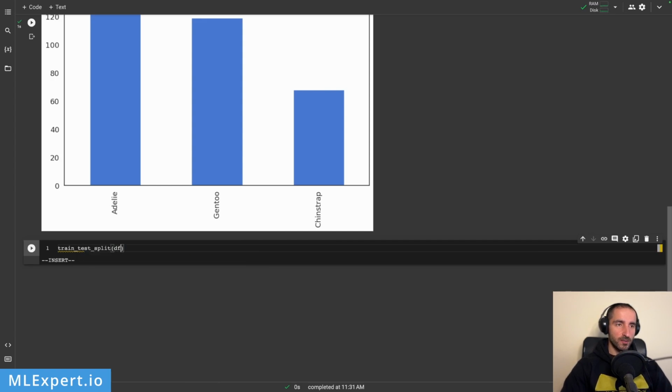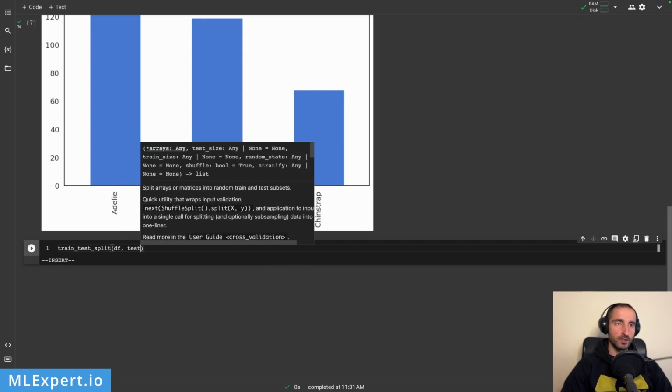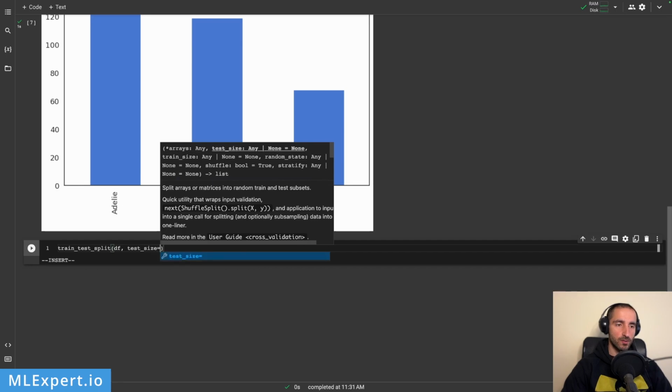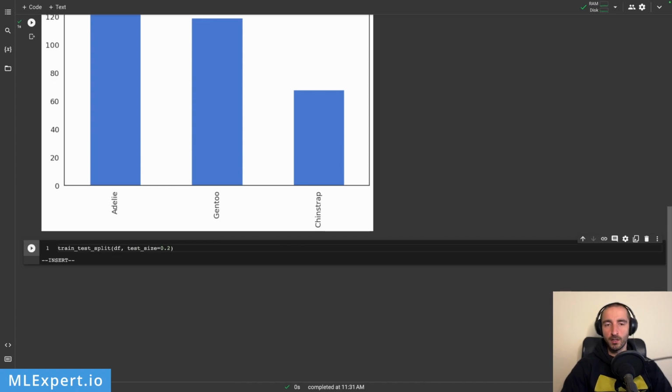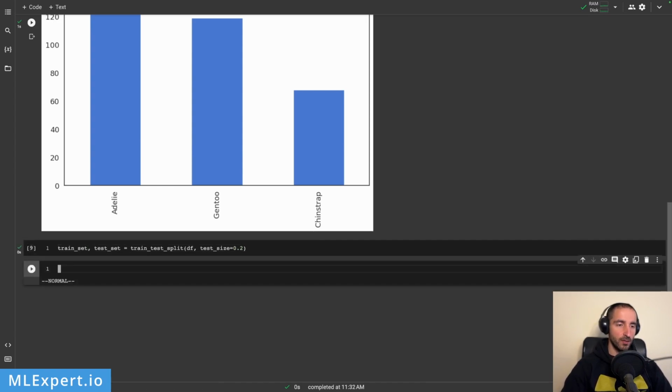And the first parameter is going to be the data frame itself. And then I'm going to specify a parameter called test_size, which is going to be just 20% for the test size. This is pretty much standard, but you might write different values for different datasets that you have. And here I'm going to take a train set and a test set as a result. So these are pretty much again data frames, and I'm going to execute this. And if we look through the train set,